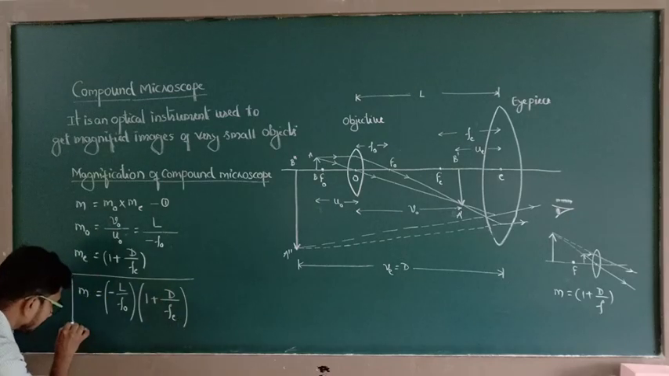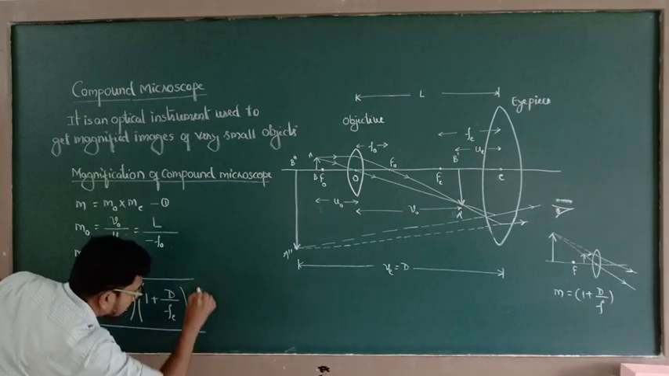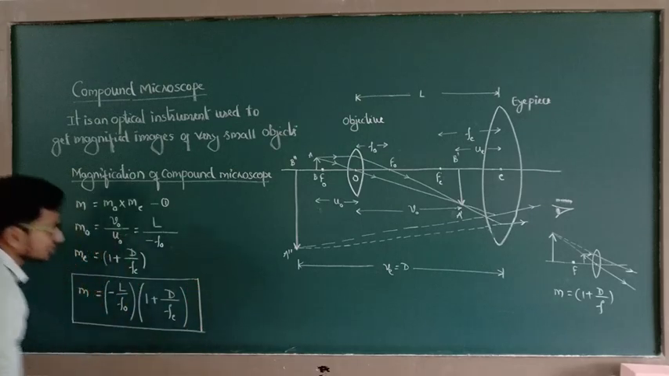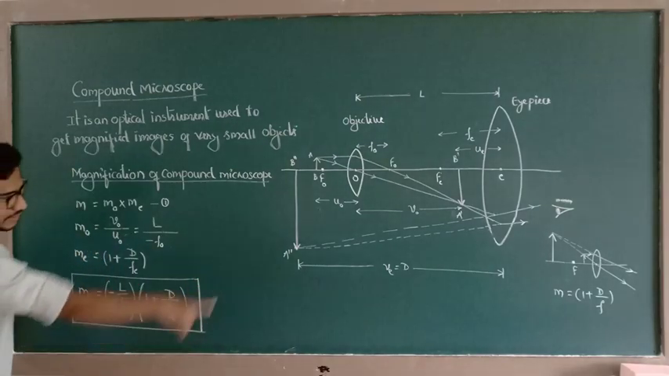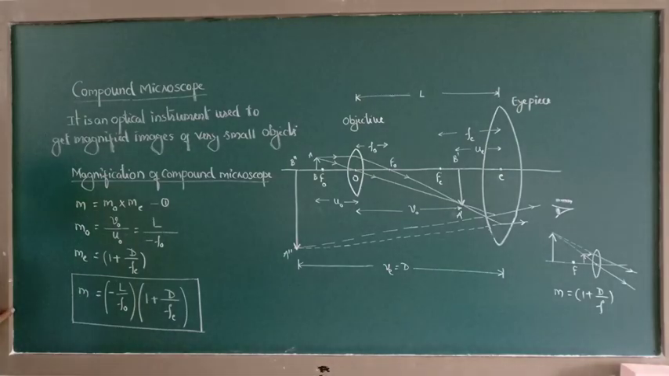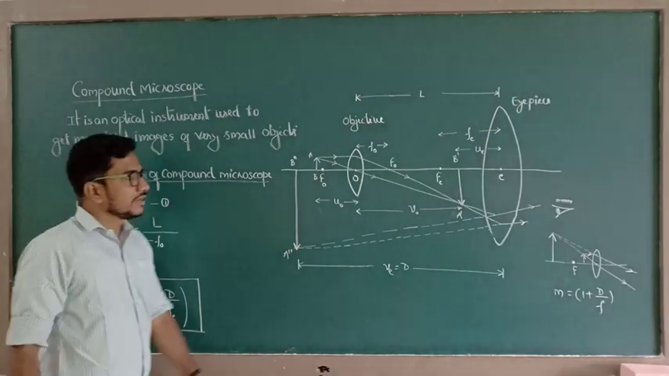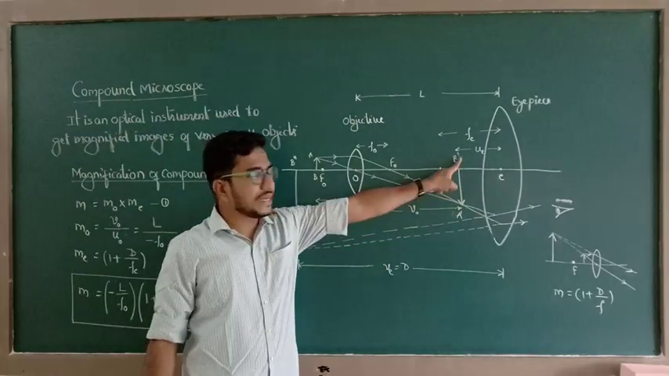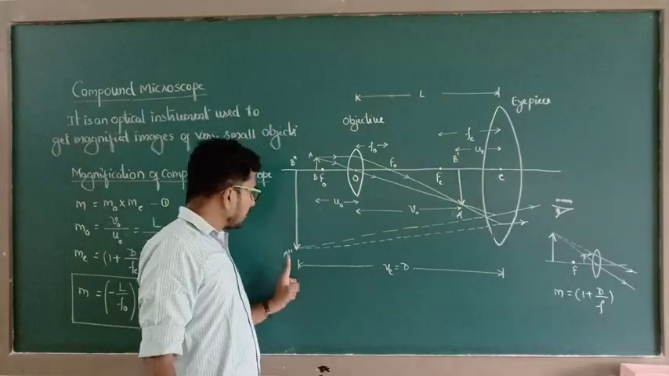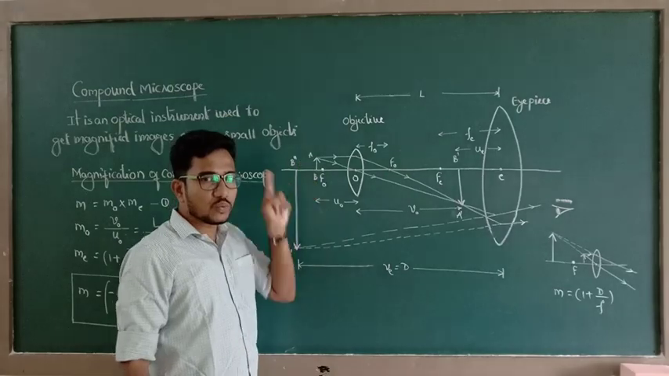So this is the expression for magnification of the compound microscope when the final image lies at the least distance of distinct vision. Here this negative sign represents, with respect to A dash B dash, A double dash B double dash is a virtual